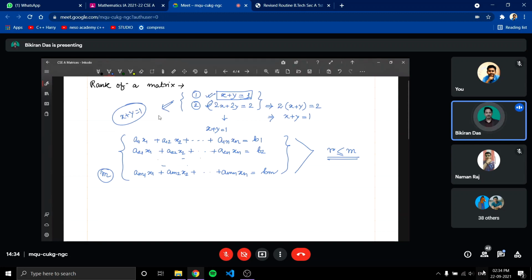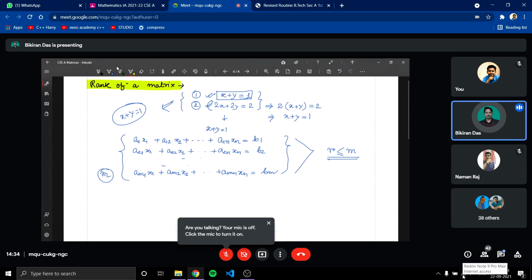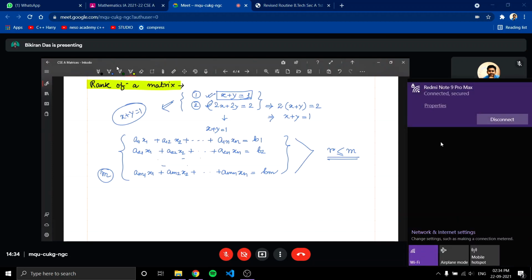This can be found using this. This is called the rank of a matrix. So how it works, we are coming to that later. First, let us see what the rank of a matrix is and how to find it. It is related to this one only, but today we'll just find what the rank of a matrix is, or how to define the rank of a matrix.